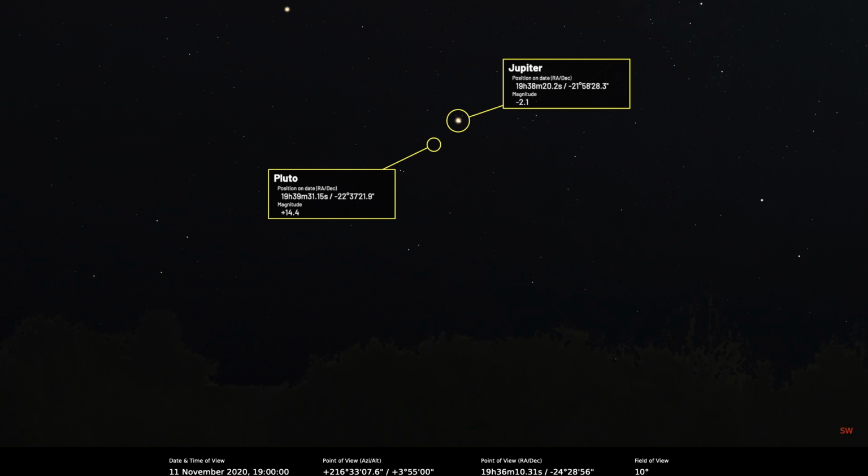Actually, 14.1 is not too difficult to get down to with a camera. The big problem will be the low altitude of the pair. So you've got the atmospheric murk which gets in the way and blocks your view. But the best way to do it with a camera is to use a reasonably narrow field of view. I mean, 42 arc minutes is, what's that? It's about 1 1/3 times the apparent size of the moon. So if you've got a setup which can get the whole of the moon in, plus a little bit around the outside, then if you point it to Jupiter, you should be able to get Jupiter and Pluto in the same field of view. But the trick is to take photographs over as many clear nights as you get